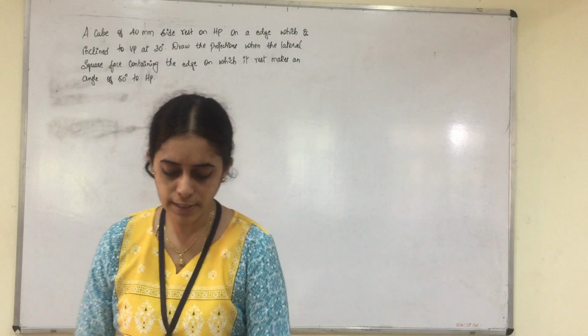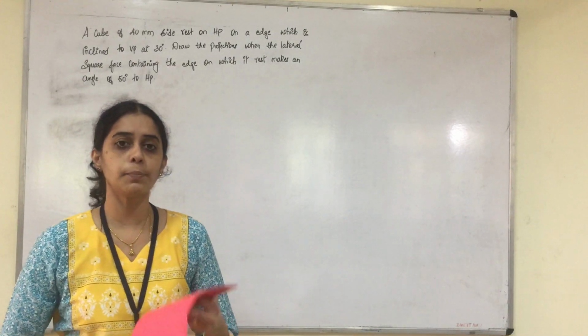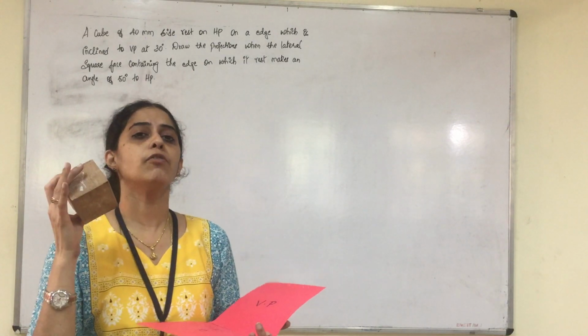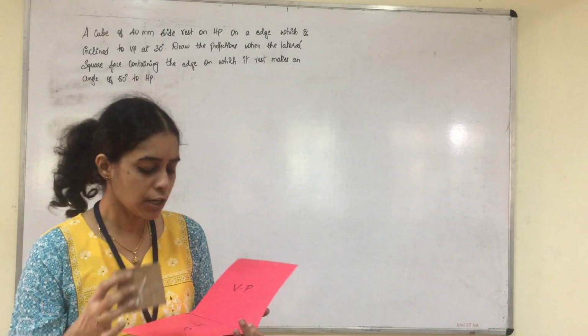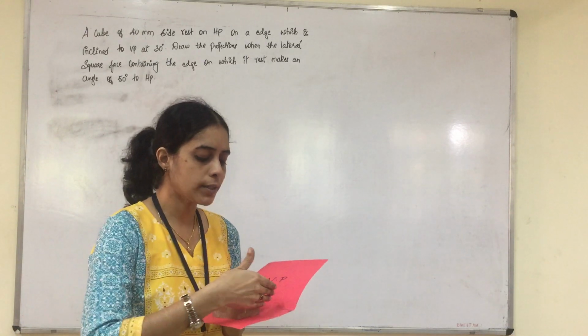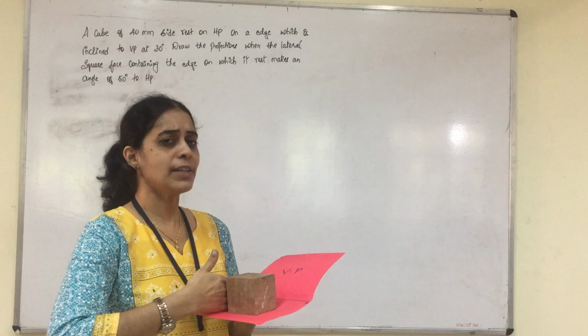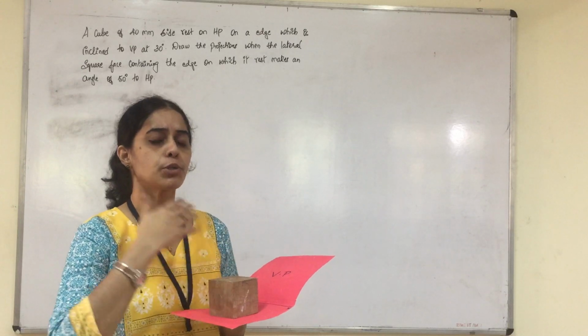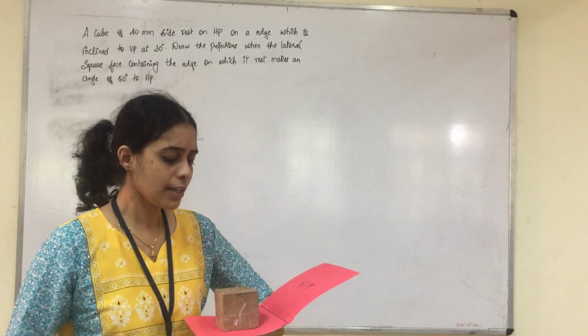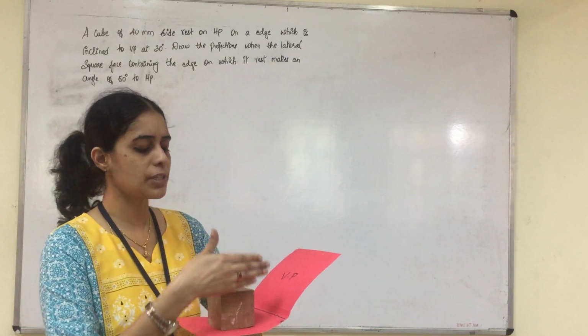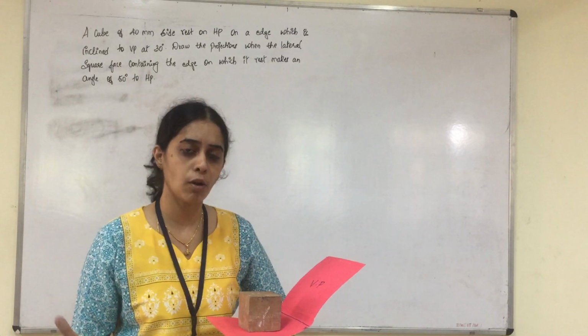So if we consider this as our horizontal plane and the vertical plane, if the given cube is resting on one of its side or the edge, we have to keep that side or the edge towards our right. So we will be having the opposite side or the edge towards our left. This is towards our right and this is towards our left, because we fix the side which is resting on HP towards our right always.